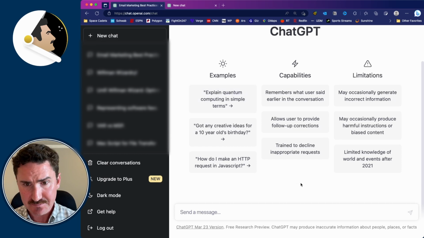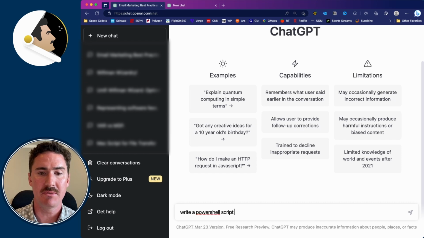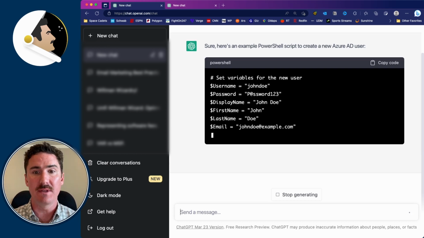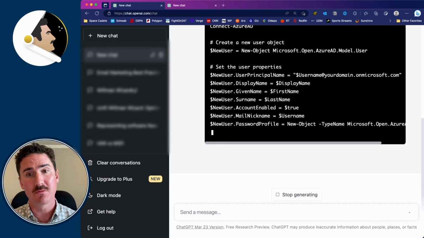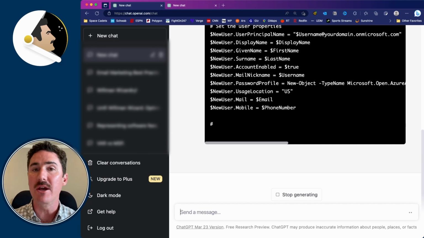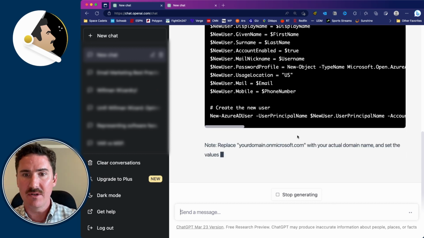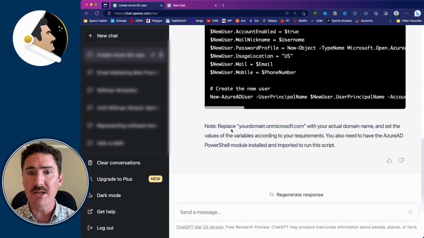So for instance, if I was going to create a new chat, and I might say, write a PowerShell script to create a new Azure AD user. And it's going to create a script right on the fly. It does a couple of different things. One, it puts commenting into this. So if you're doing technical work, it actually does try and create some context beyond just the code itself. Two, now this is probably too big of a script, but it'll add some additional language here to explain